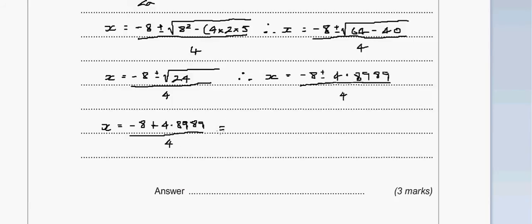This will give me, so now I'll just do this on the calculator, so we have minus 8 plus 4.8989 equals, and then I divide this by 4. Now this gives me